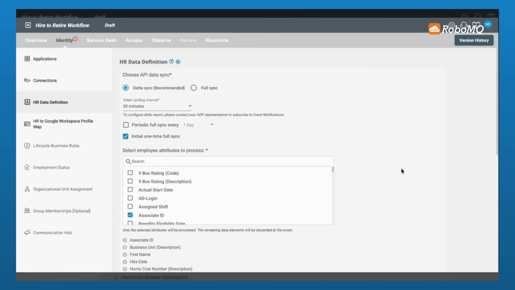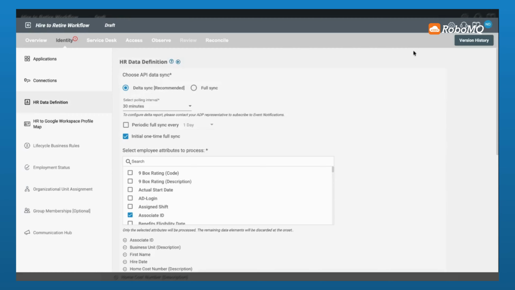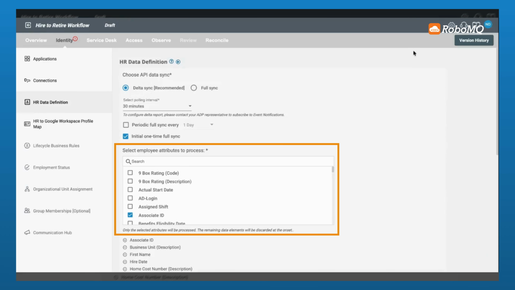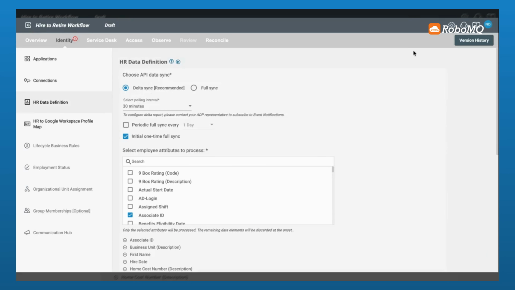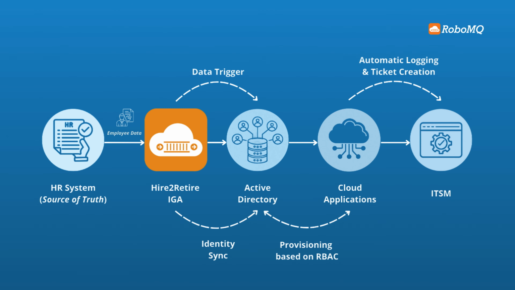Once connected, Hire2Retire begins processing HR data. Administrators configure which employee attributes to fetch and how frequently data should be updated. The platform supports both incremental updates and full synchronization to ensure data accuracy and consistency. This HR data acts as the trigger for Hire2Retire's event-driven workflows. When an employee is added, updated, or terminated in the HR system, the workflow automatically detects the change and initiates